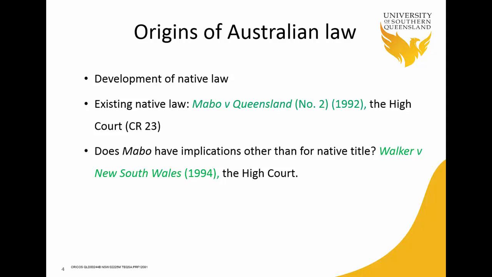And this case was brought against the federal government because the federal government granted a mining lease, and the judge in this case, Justice Blackburn in the Supreme Court of the Northern Territory, ruled for the government